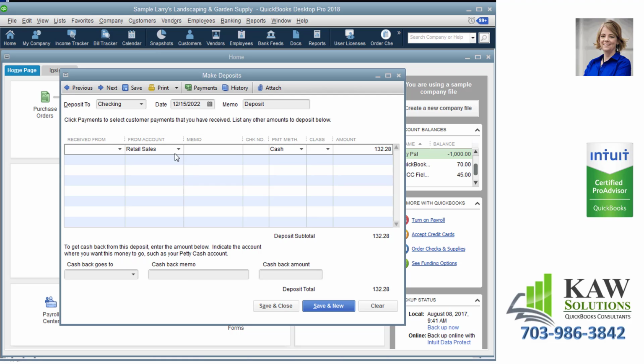In this case, our credit is the retail sales. Again, you don't need to know that. You just need to know that this is an income account, very typically. And then our debit here is the checking account. And if we save this,